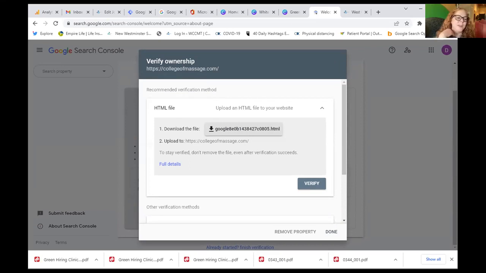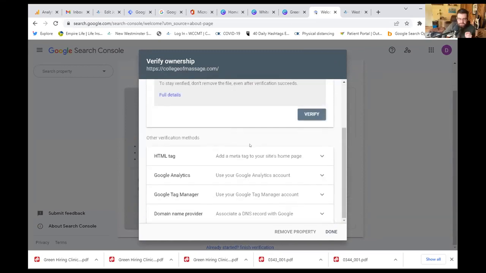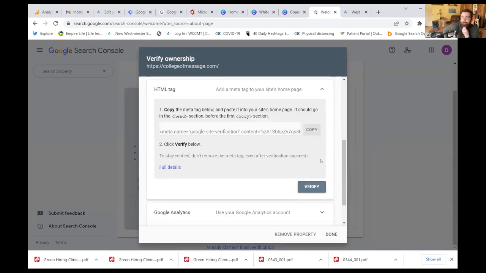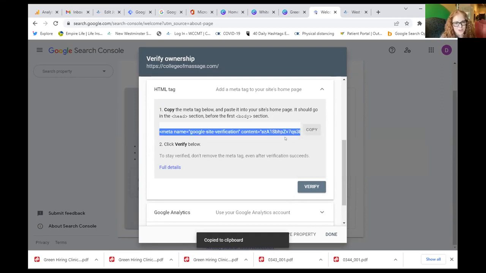So the HTML tag, why don't you hit on what we need full details? Scroll down a little bit because it has their HTML tag. Yeah. And then we hit copy. Bam. Okay, copy. And now we go over to your website